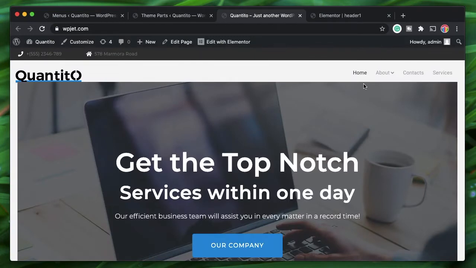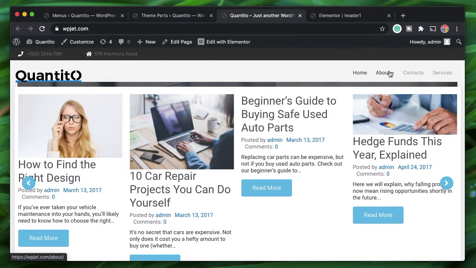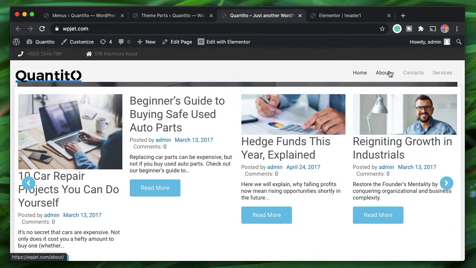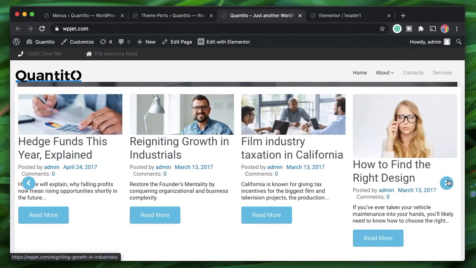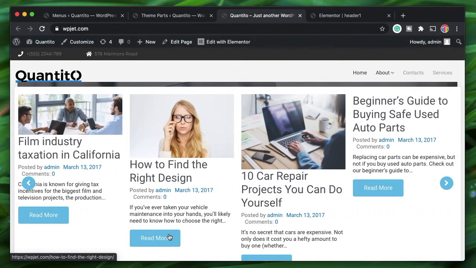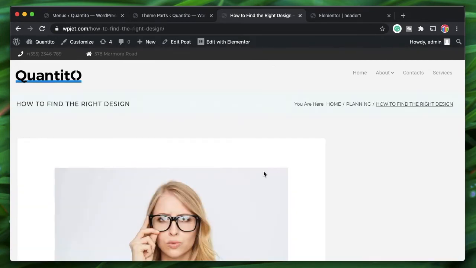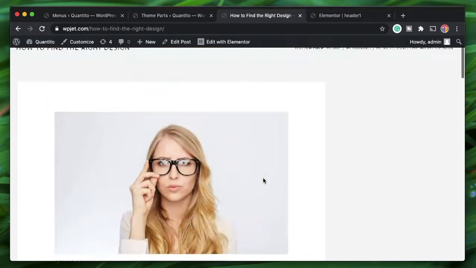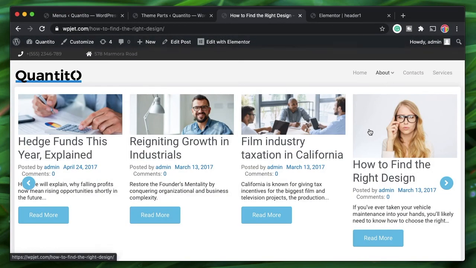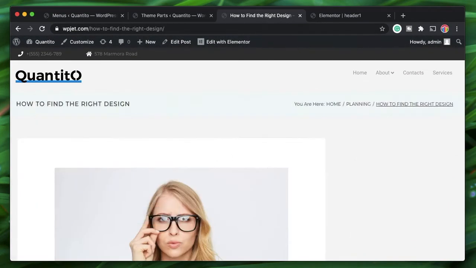So there's our header. Since I'm actually viewing it on my desktop, on my laptop, it's showing me the mobile view, and as you can see, when I hover over this menu item, it's showing me the slider of things. I can simply scroll through it. I can click on any of the posts and it will take me to the post. It's just a post widget, so that's really cool. And just like that, I'm actually taken to that post. Anyway, I also have the same menu here, so that's really neat.